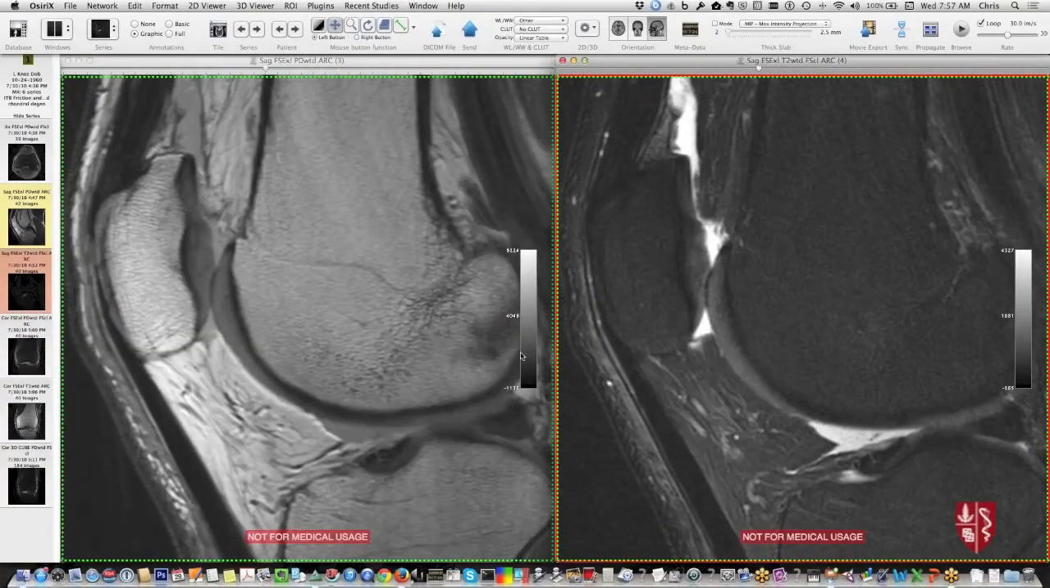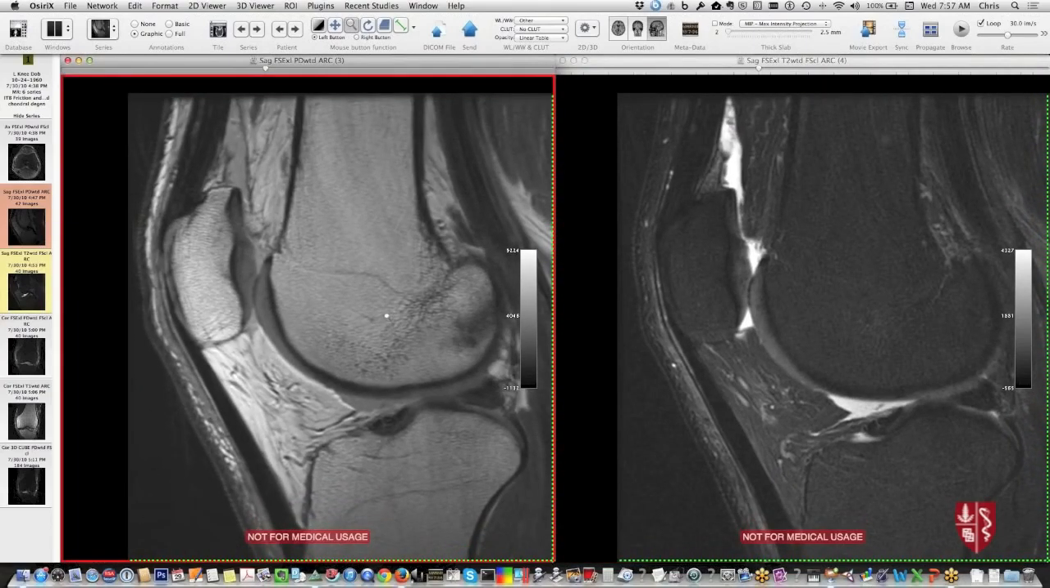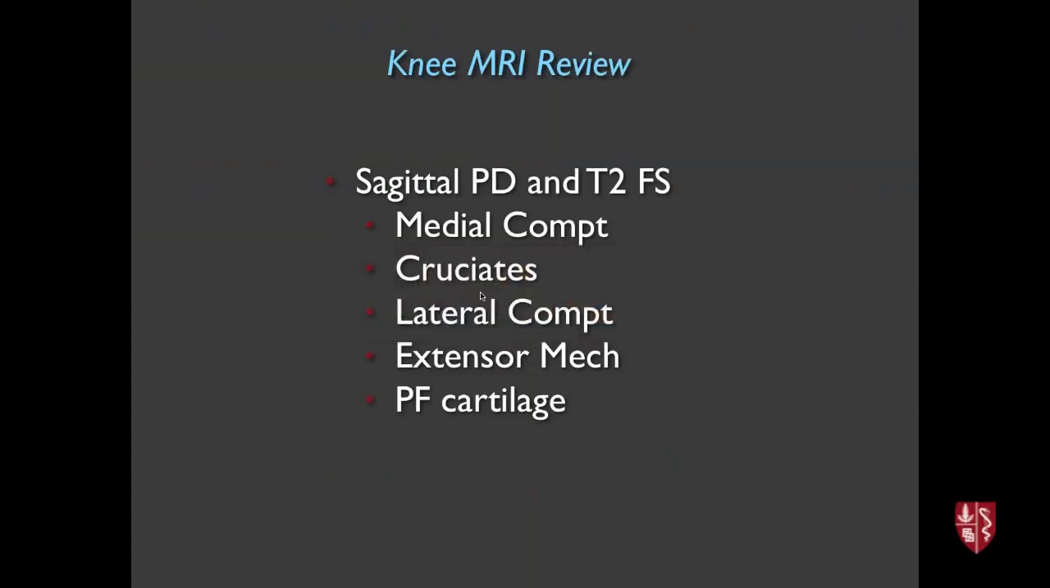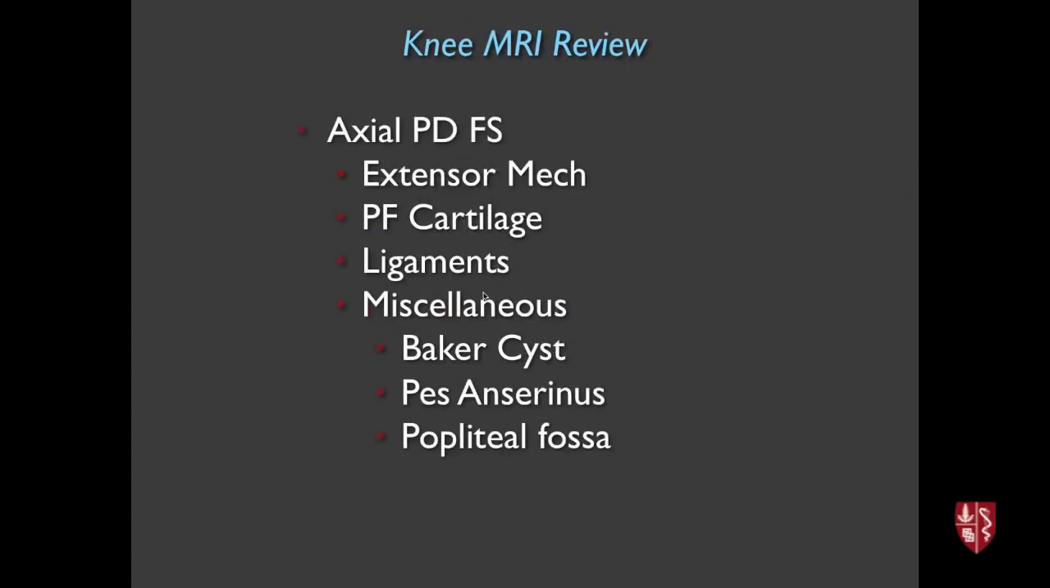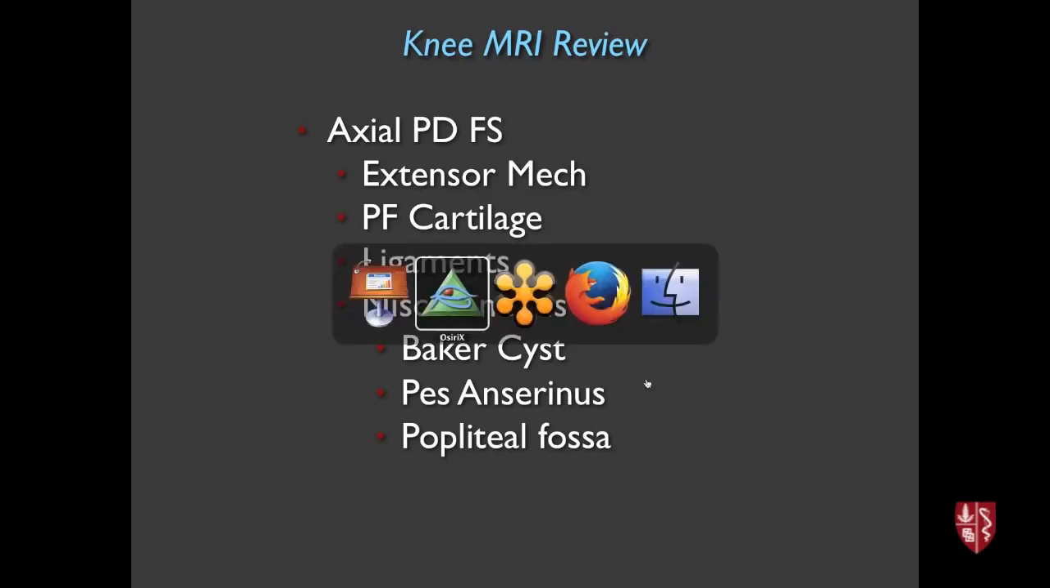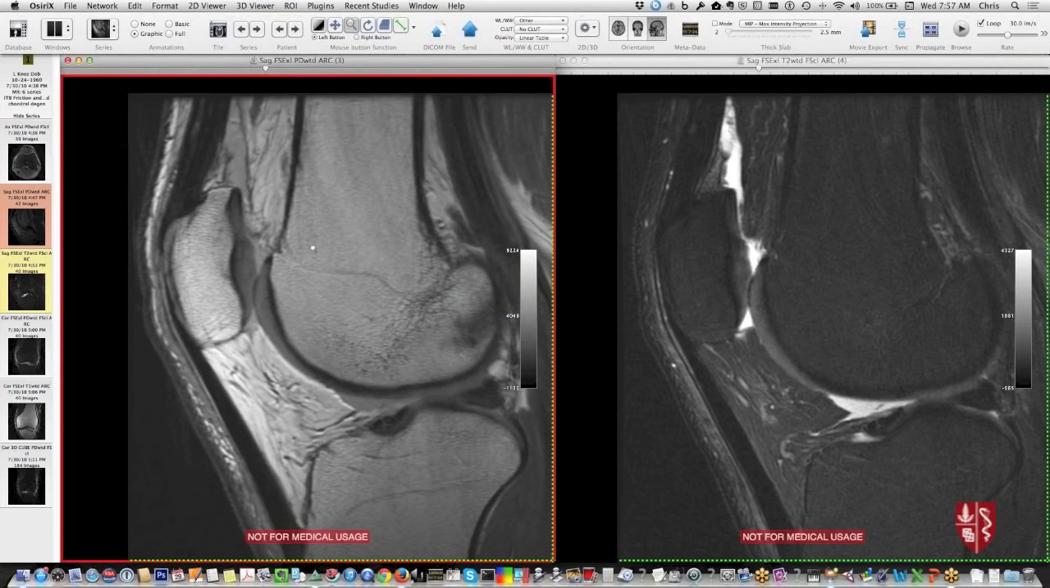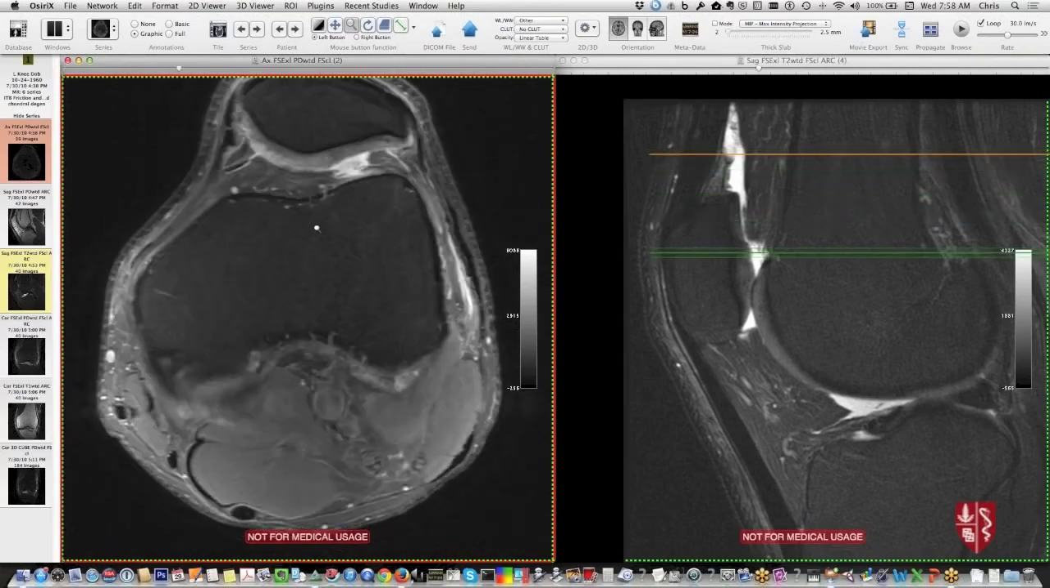So that's the sagittal view, and if I go then to the final plane, that'll be the axial plane. In that, it's sort of rechecking a number of things, but it's again looking at the extensor mechanism, patellofemoral cartilage. I often will recheck the ligaments, and then we go through some miscellaneous items like looking for Baker cysts, pes anserine bursitis, checking the popliteal fossa for vascular anomalies, and so on. So let's put the axial images, let's just go like this. So on axial,